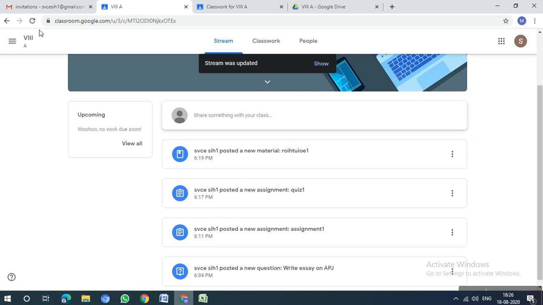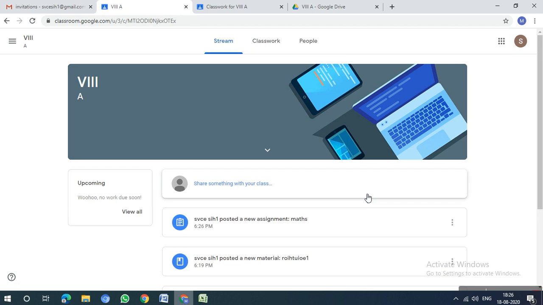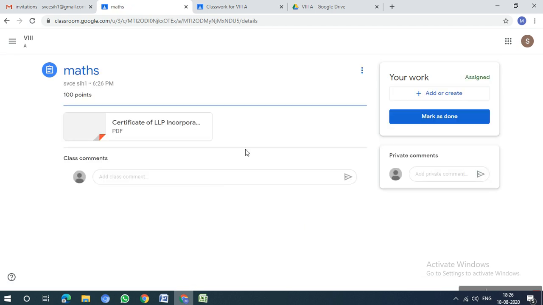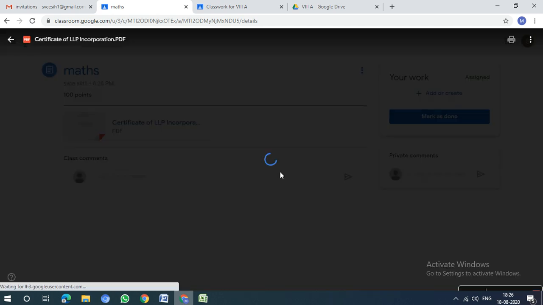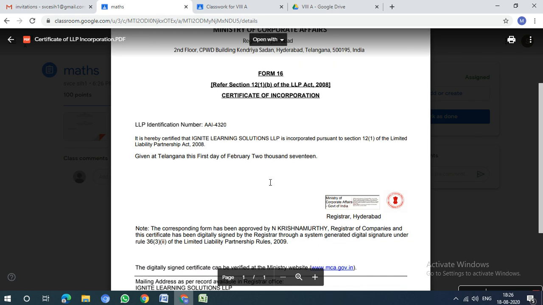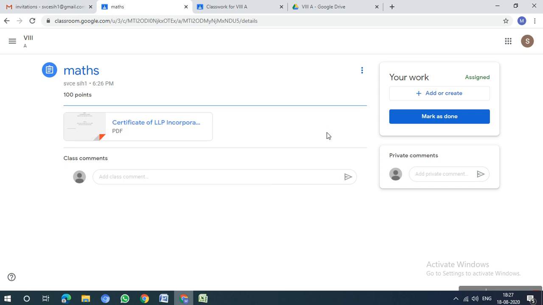I'll refresh it now. Okay, so this is a maths assignment. I got it now. I'll just click on this. You can see here, ma'am, if they click on this, they can see the questions which we have given them, so they can read the questions. Once they read and write in their script or notebook as you mentioned, ma'am, they need to submit it.